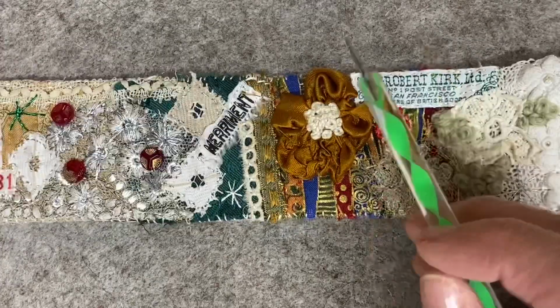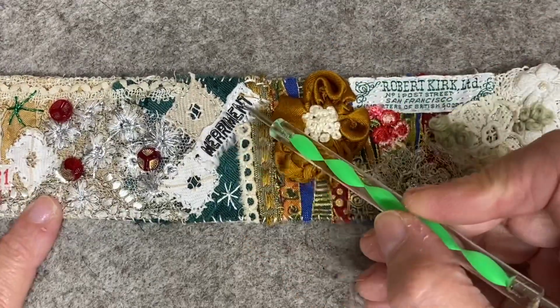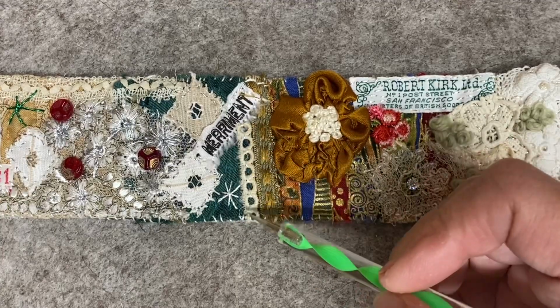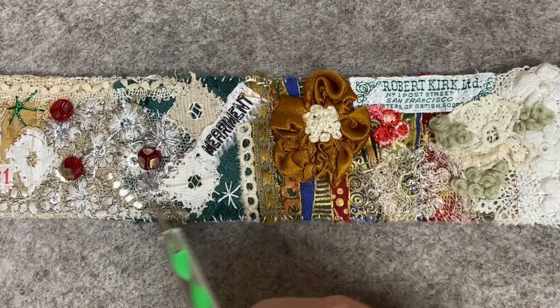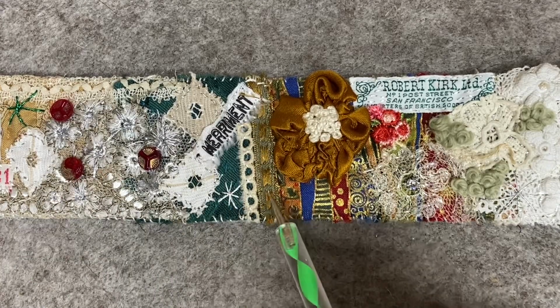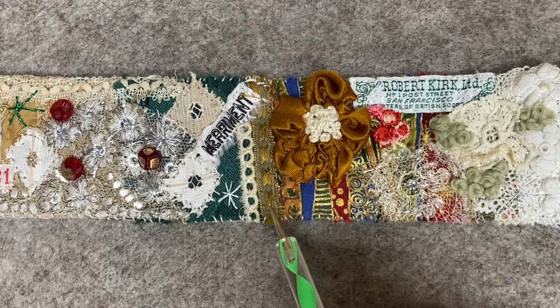This was also on the end of one of the fabrics I used, and it says Merriment. And so I cut it off and just sewed it on here. And everywhere I had a little space, I put little stars. This is a super old piece of metallic metal